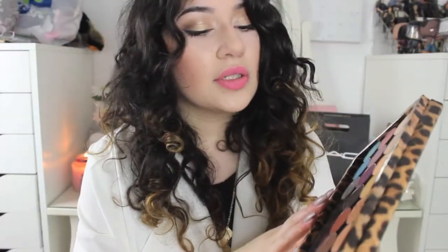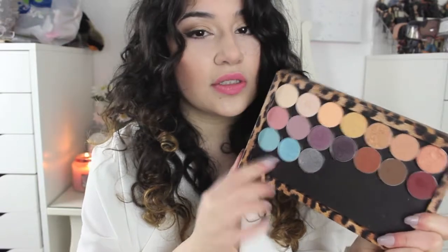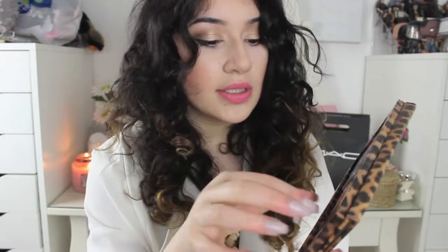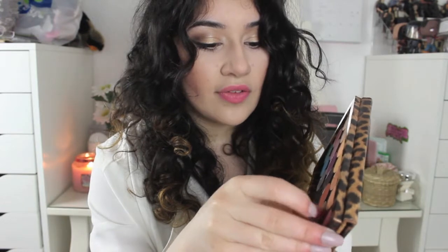And Makeup Geek shadows have become one of my favourite eyeshadows to use, and like I said, I don't use my MAC eyeshadows anymore. I do love Too Faced eyeshadows and Makeup Forever, but Makeup Geek shadows just. So I have a lot of favourites just from these ones that I've tried out, and I will show you my favourites. So the first favourite that I have,